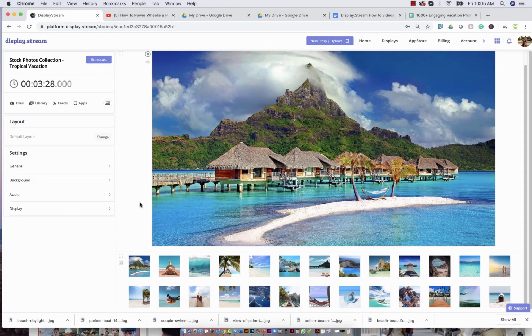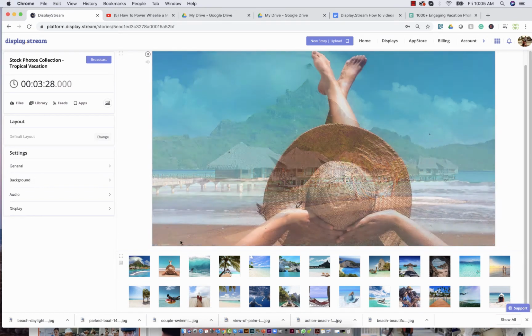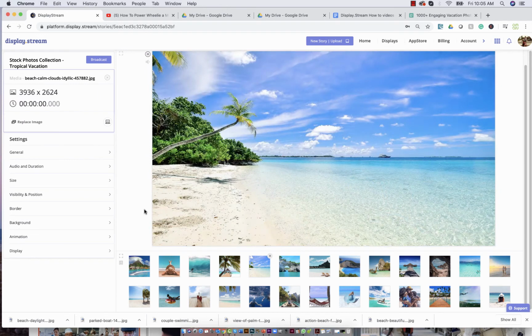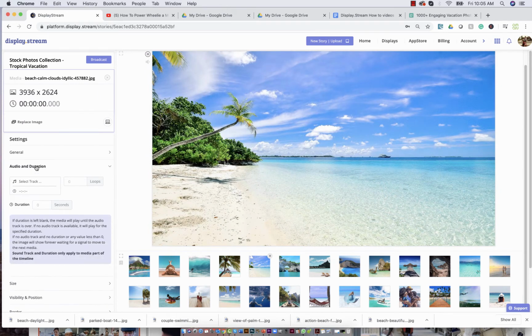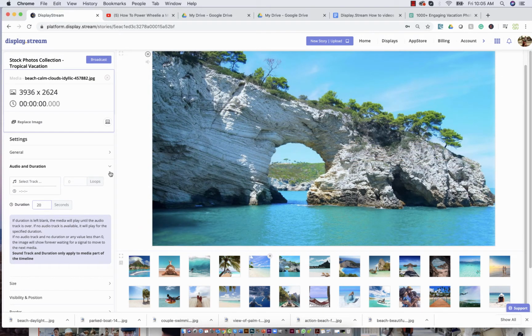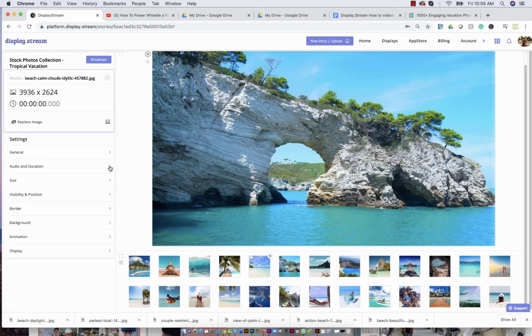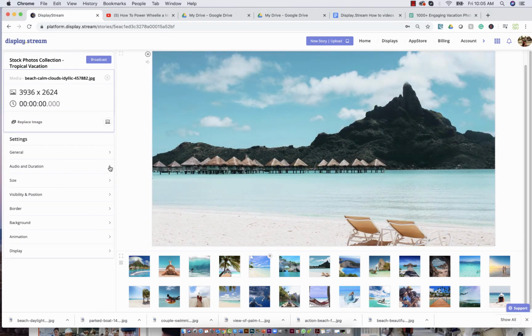Now if you want to have different durations for different medias, you can click into a media, click on Audio and Duration, and add a media time just for that media. I put 20 seconds, and now that slide will stay on for 20 seconds while the rest is still playing at the common media